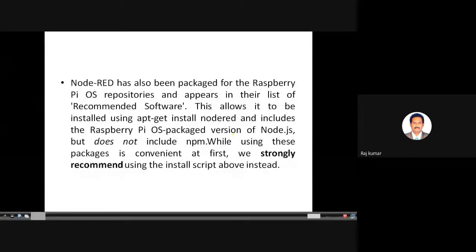Sometimes we may not get it, because during the downloading and installation time we give the rights to the operating system itself to install, that is, we give the rights to the installer to automatically install everything. Sometimes it will ignore installing Node-RED onto the Raspberry Pi.